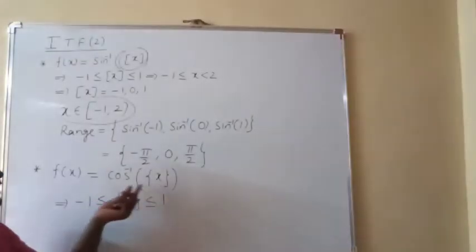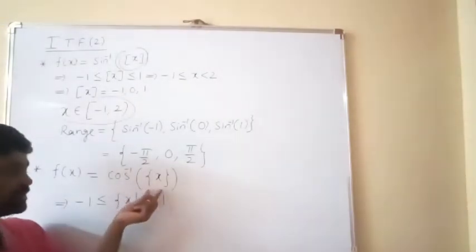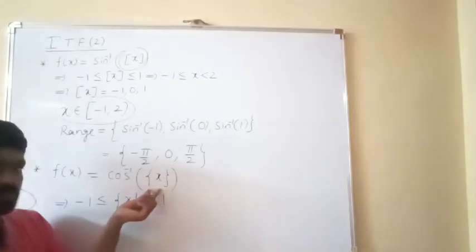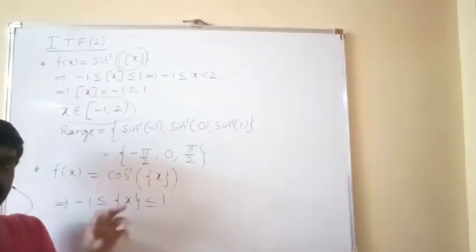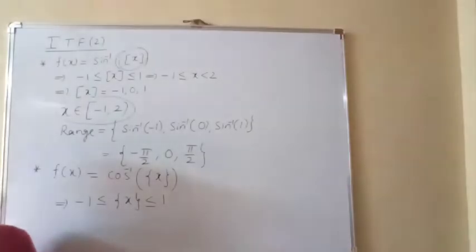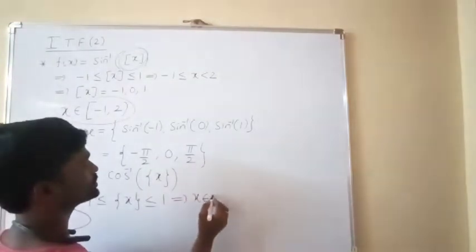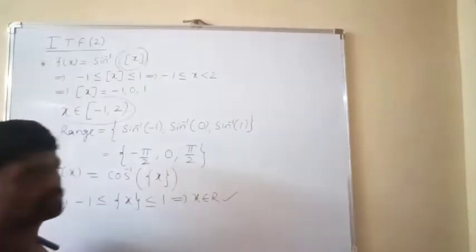So that means cos inverse of something which lies between 0 and 1 is obviously defined, because cos inverse of something is defined when that something is between minus 1 and 1. But this something lies between 0 and 1, so obviously cos inverse of it is also defined. This is true for all x belonging to R. If you take any real number, this inequality is satisfied. So what is the domain of this function? All real numbers. This is the domain of the function.